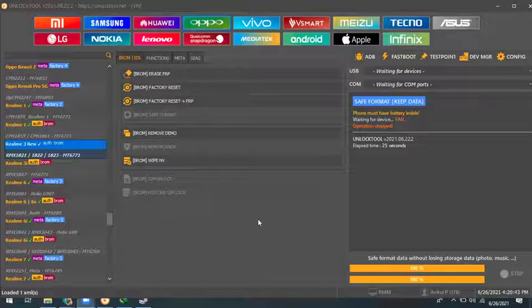Sir, can we take data from a hang-on-logo mobile using this tool? In hang on logo, you can only flash that phone. And you know, guys, while you are flashing your phone, it will erase all data. Okay, sir. The only way is JTAG, only with JTAG can you take the data. Yeah, JTAG or UFI, you can keep the data of that phone.